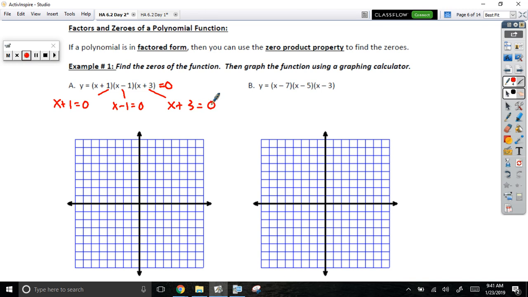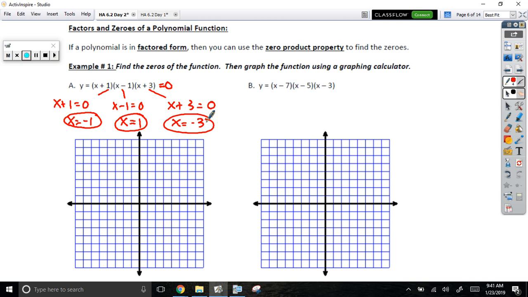Now most of you know it ends up just being the opposite. So usually you won't show this work after this example. But remember, if it were such as 2x plus 1, you would have to subtract 1 and divide by 2. But our zeros should be -1, +1, and -3. So that's going to really help you to graph this, because you now know the 3 points that it